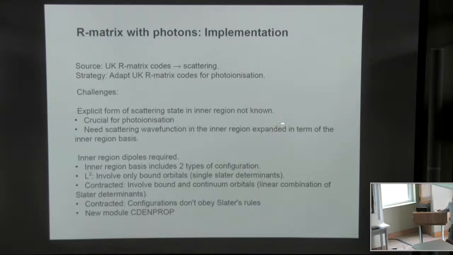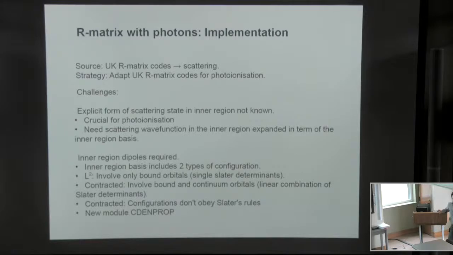The first challenge is that the explicit form of the scattering wave function is not calculated in the inner region. Essentially, we need the scattering wave function expanded in this inner region basis of psi sub k that was on the last slide. And the second problem is that we also need